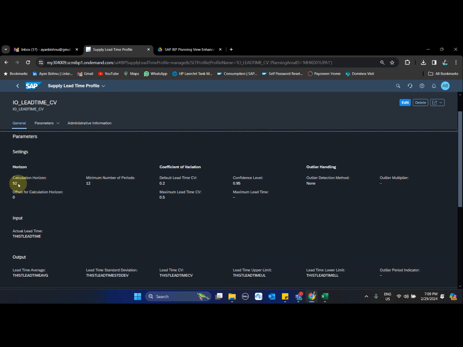The calculation horizon I have selected as 52 weeks with a minimum number of periods as 12. The default lead time I have selected as 0.2, and the maximum lead time covariance is 0.5 with a confidence level of 95. I am not using any outlier handling method to calculate outliers within the lead time because that will be overkill